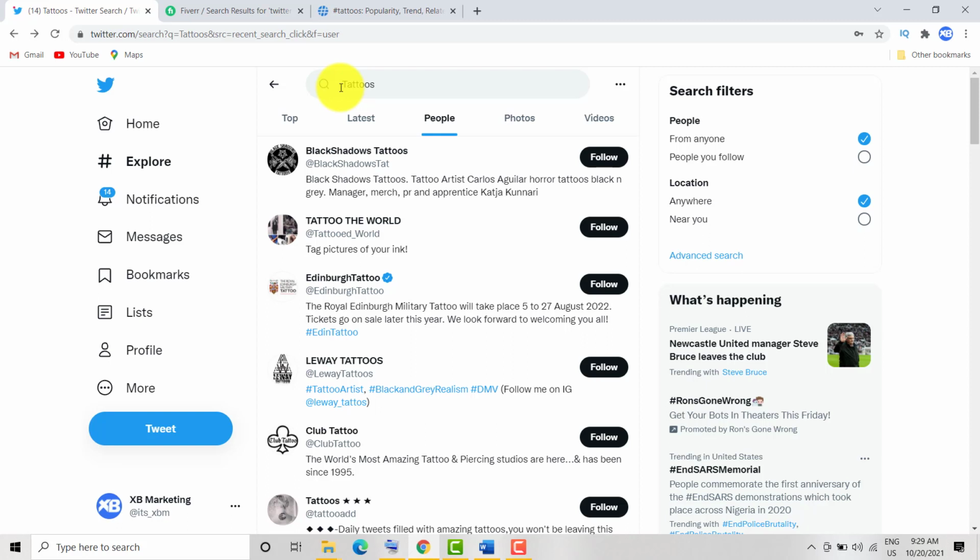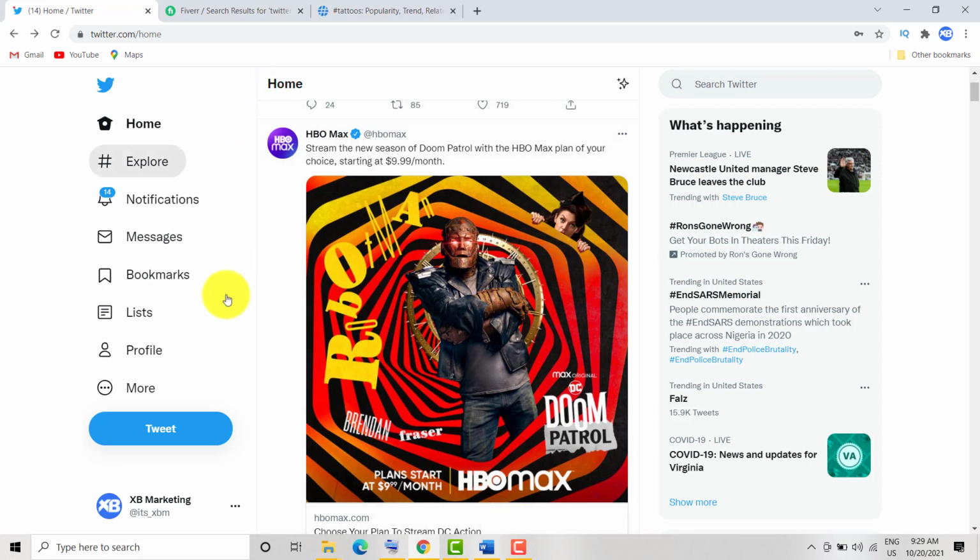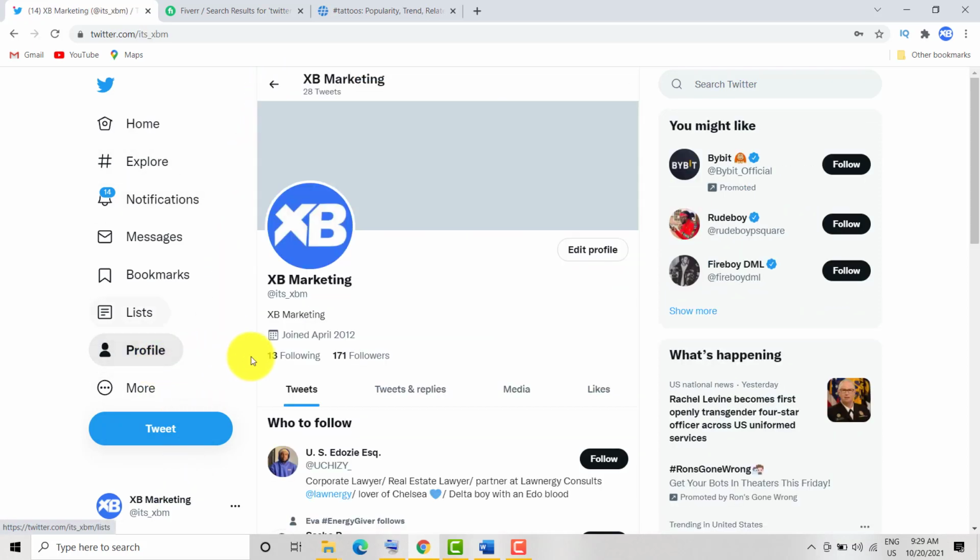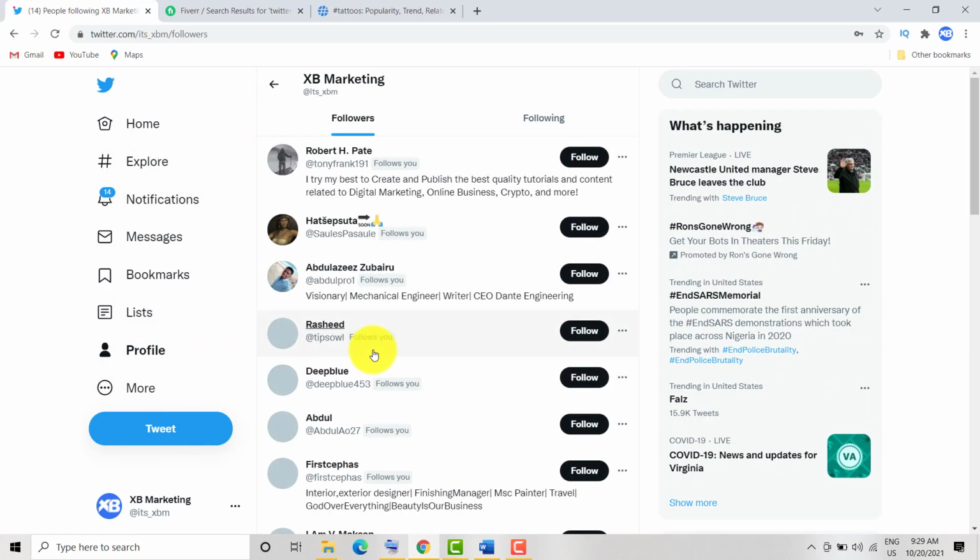So the next thing now is getting targeted traffic. Getting traffic is basically simple too. There are 3 methods that I use to get traffic from Twitter. The first method is the DM method, which means whenever anyone follows you on Twitter, you are able to DM the person. So now if you go to your followers,